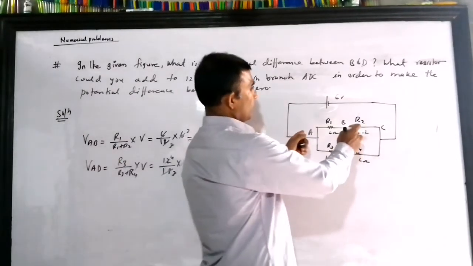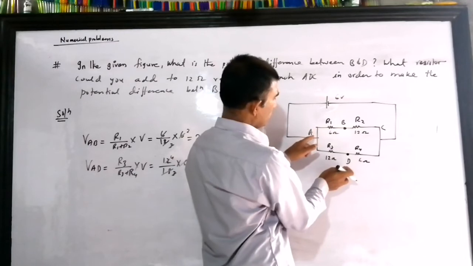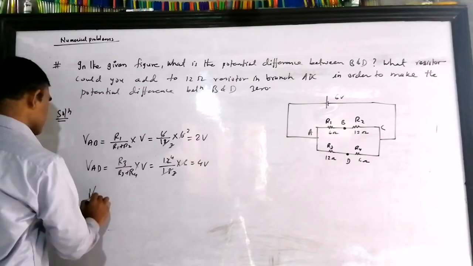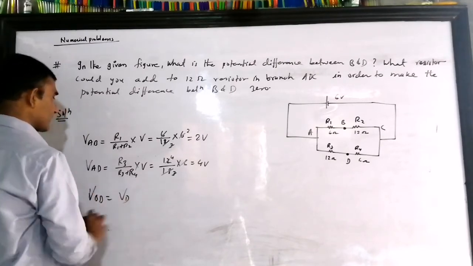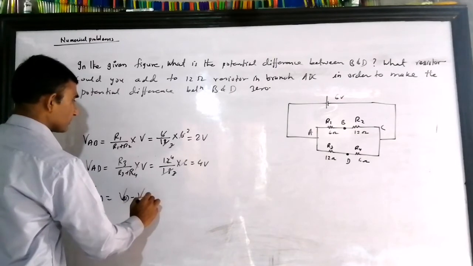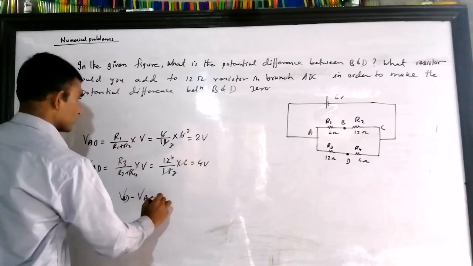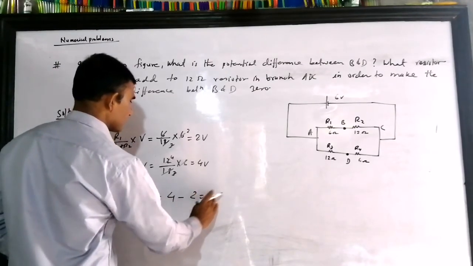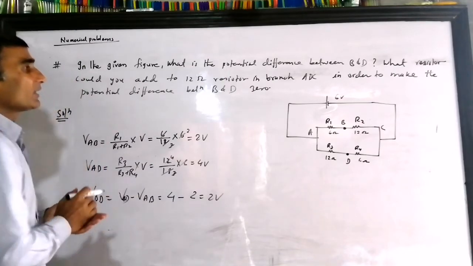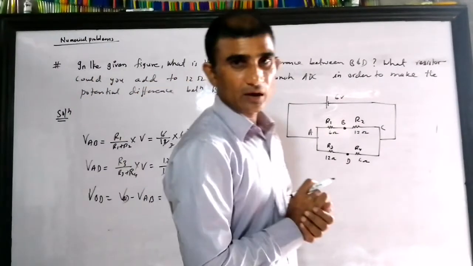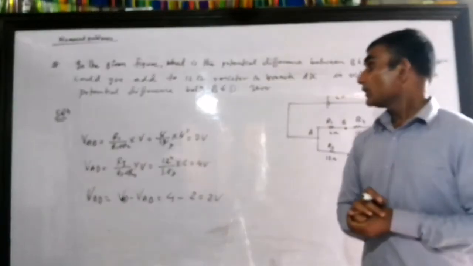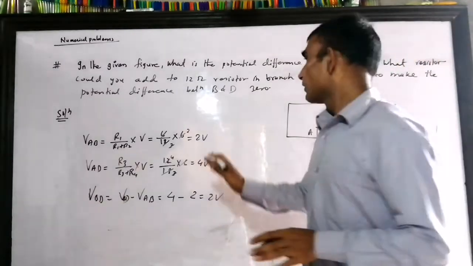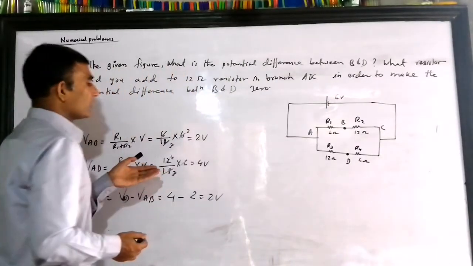Means, friend, you found the voltage from A to B and the voltage from A to D, and we have to find the voltage from B to D. So the potential difference from B to D, we will find as the potential of AD minus the potential of AB. There is 4 volt and there is 2 volt, and the difference is 4 minus 2 is 2 volt. So it was so easy. It is easy because you have the concept of the potential divider. Otherwise you have to find the equivalent resistance, then use the current, and so many things you have to do. But actually see, we finished this in a few minutes.